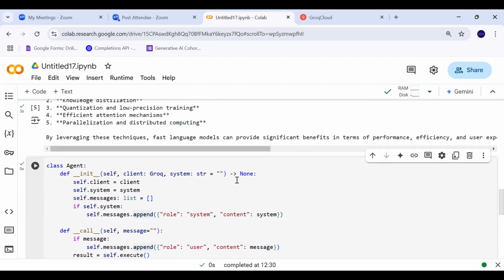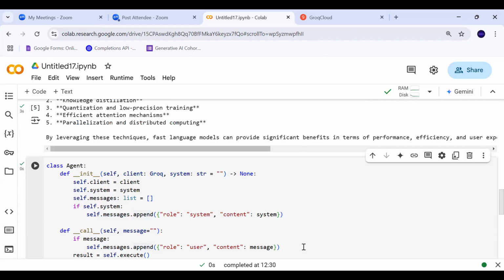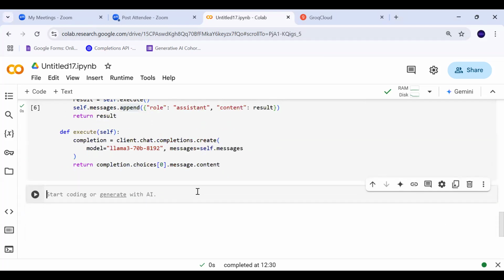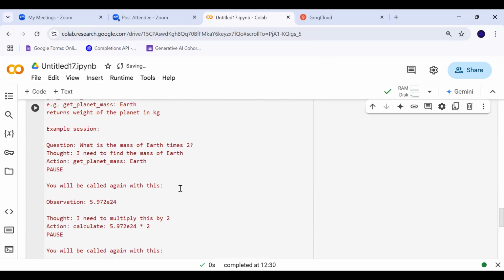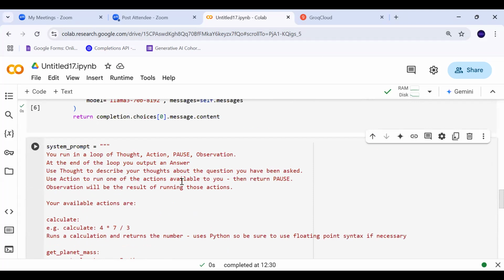Okay, now what we will do is, we will call this particular class. Before that, we need to define our system prompt, right? So the system prompt is very important because this is having all the details on how it has to work in the loop.